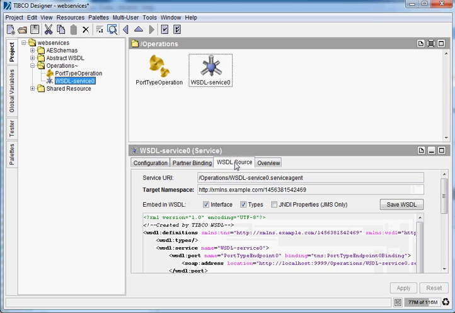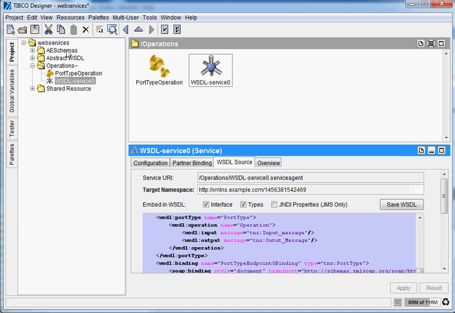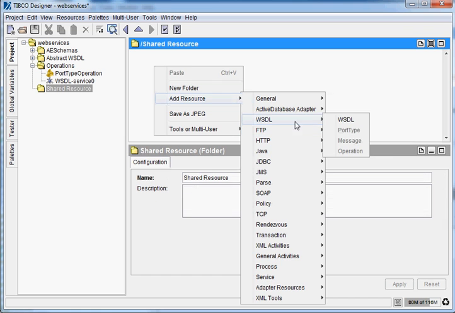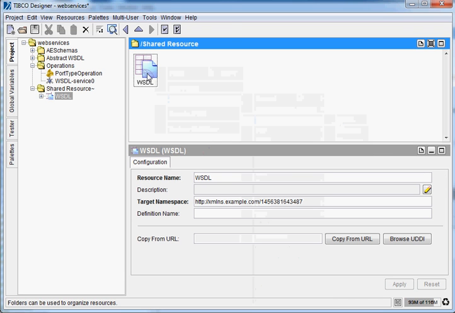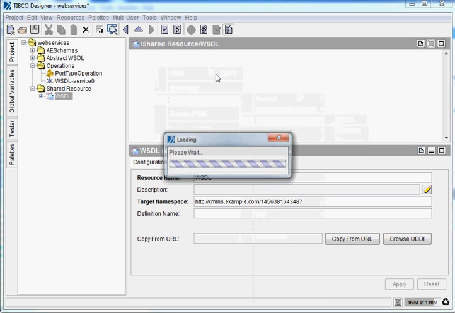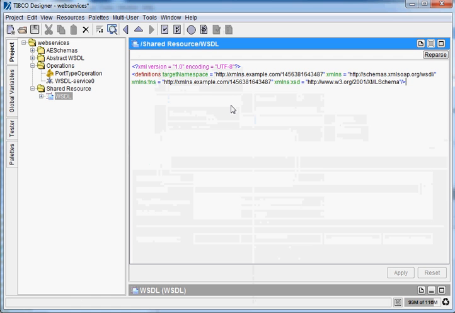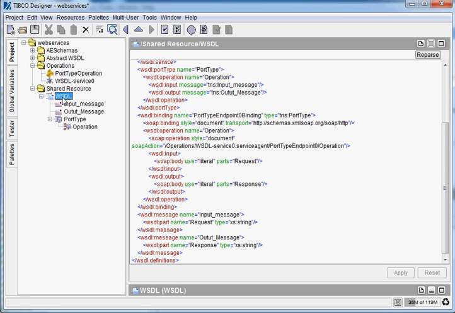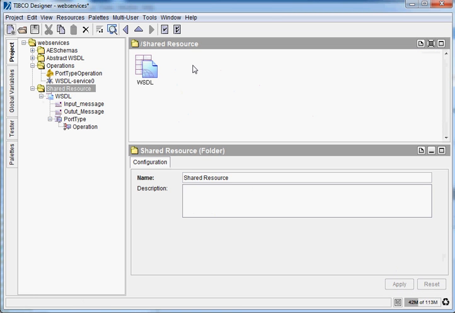So here it is, the concrete WSDL. Just copy this. Double click on it. Come here. Delete this. Control V. Apply. So if you see, we have successfully generated a concrete WSDL as well. Now let's